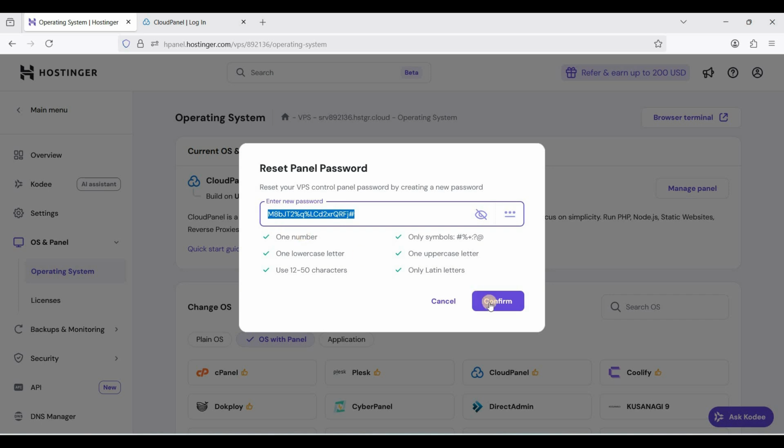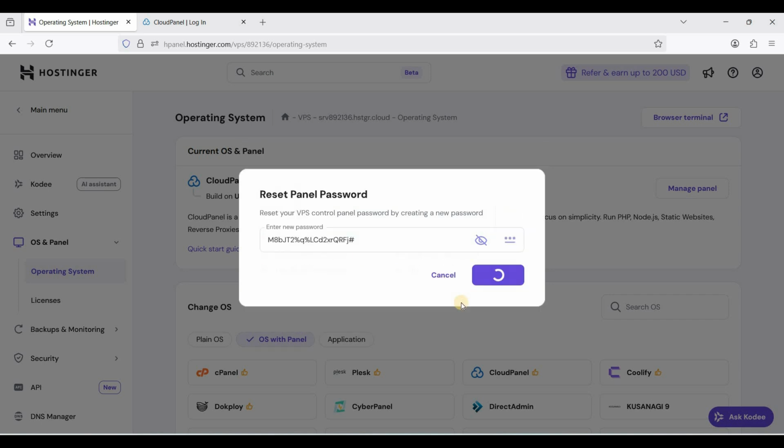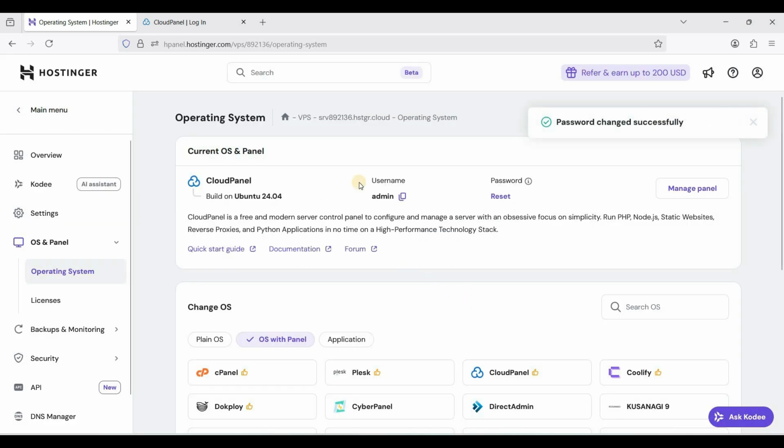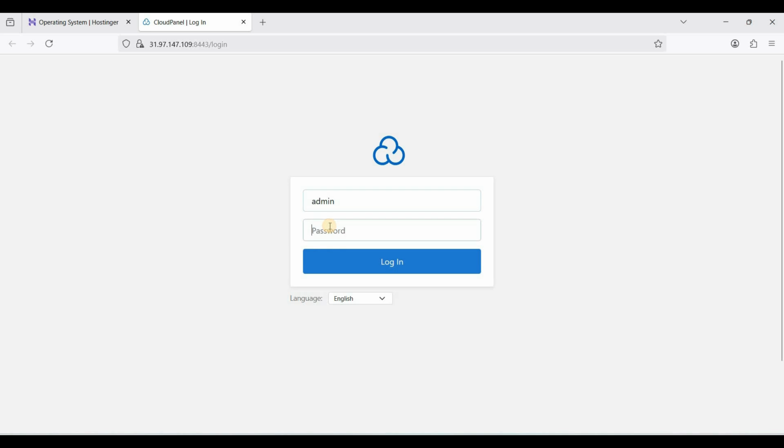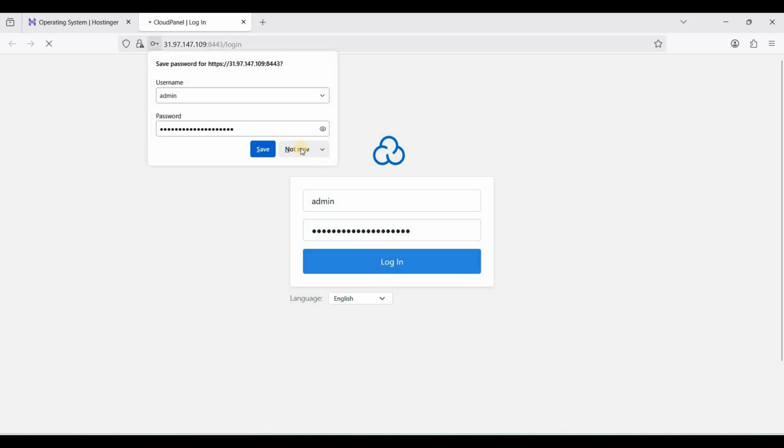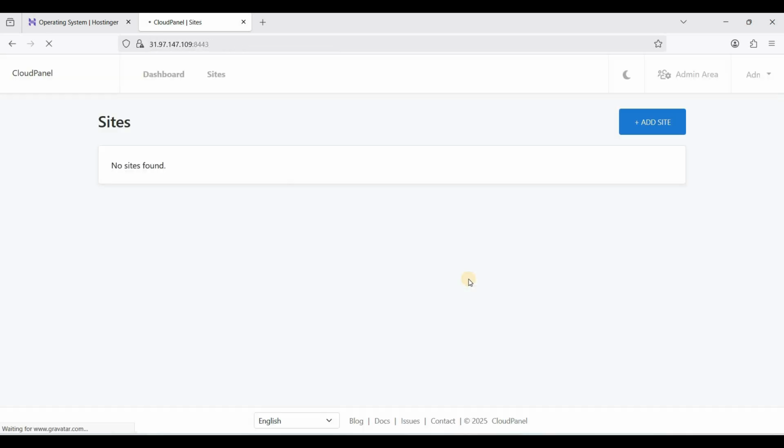Copy this one and click confirm. We'll paste the password here and click login. Now we are here on our CloudPanel, and we are still using an IP address